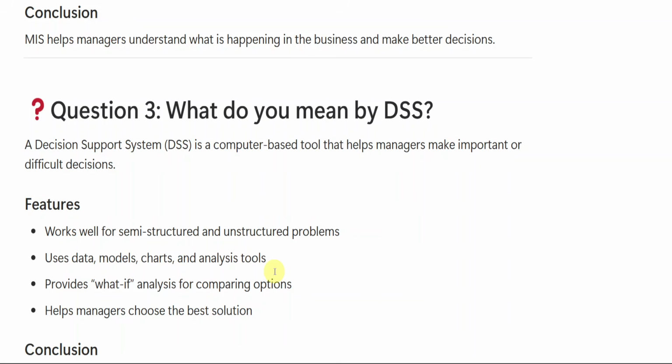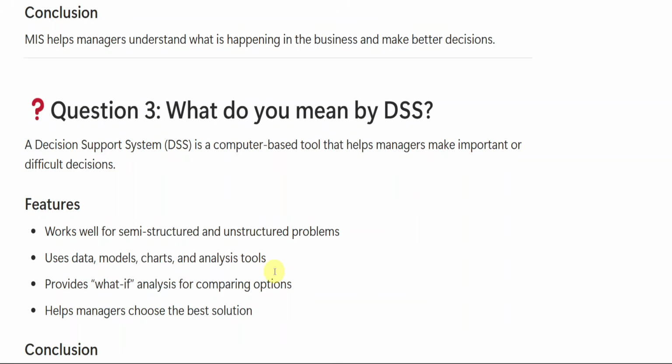What do you mean by DSS? So, students, DSS means Decision Support System. It is a tool which is used when decisions are difficult and need careful analysis. It helps us compare different choices. It uses charts, graphs, and models. It answers what-if questions like